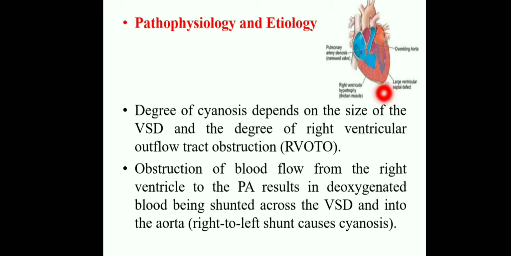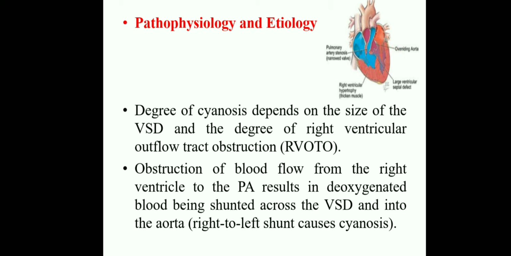We will see this in the image. Here the second condition is pulmonary stenosis. Because of narrowing of the pulmonary artery in the right ventricular region, the deoxygenated blood will not move above into the pulmonary artery. There is a hole in the septum, so this deoxygenated blood may enter into the left side of the heart. Since it is moving from the right side to the left side, it is called right to left shunt.